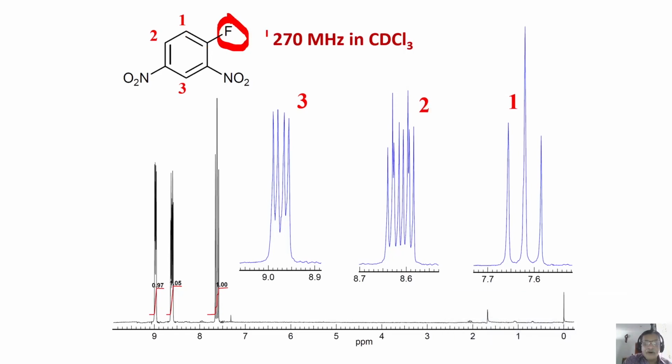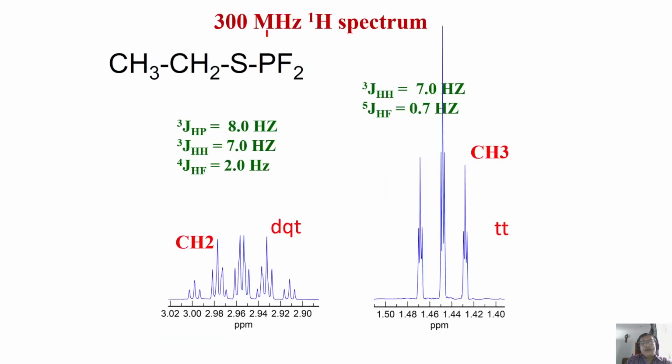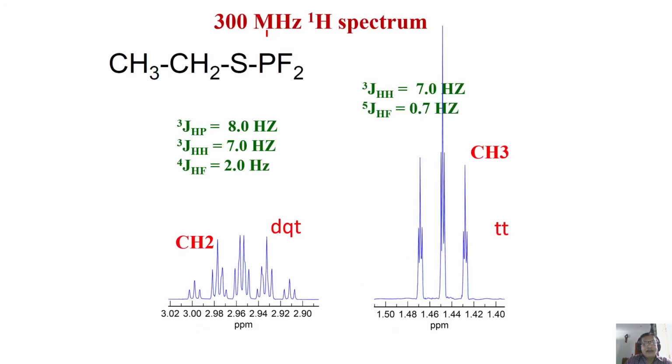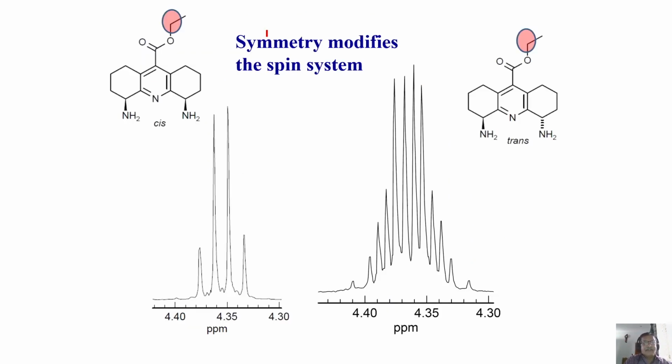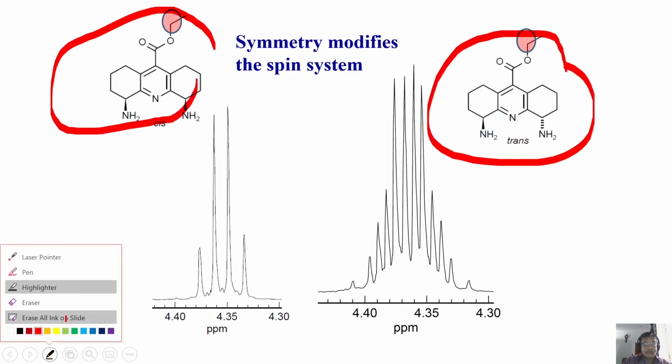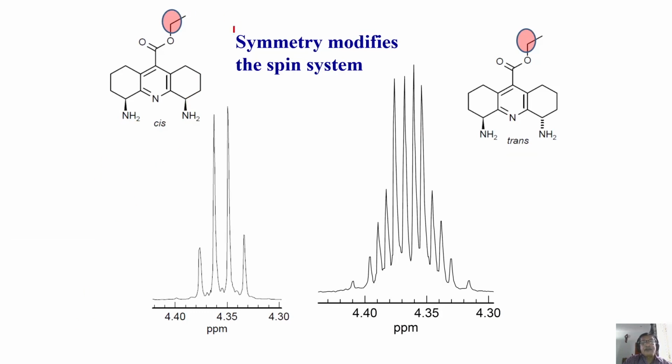So, okay. What I'm going to do is give another simple example of the heteronuclear coupling. I will not do this. We'll come to that later. I'll give you a trick of the example how sometimes spin system gets simplified because of symmetry. Look at this molecule and this molecule. Now the possibility is in this case, it could be this conformation or this conformation. We do not know. Okay, cis or trans.